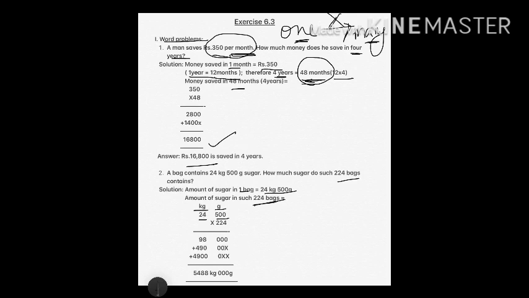Okay, and then below that, the multiplication will be the same. For example, you will begin multiplying with 4, first with 0, then this 0, then this 5, and then you can continue with this 4 and 2, in the same manner as we have done. There is no change over here. We are putting a little gap so that we can easily put the units later on. Because you know that 1 kg is equal to how many grams? 1000 grams. So when grams become a 4-digit number, 1, 2, 3, 4, it can be changed into kg.